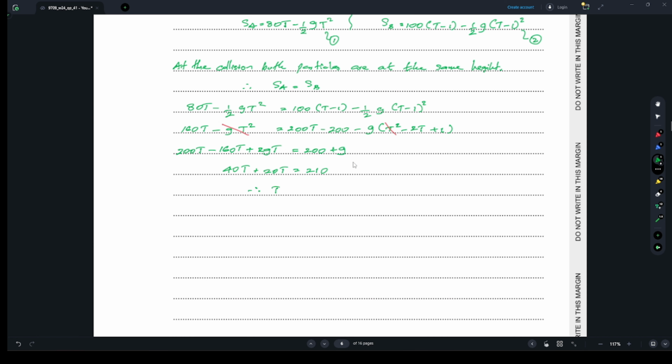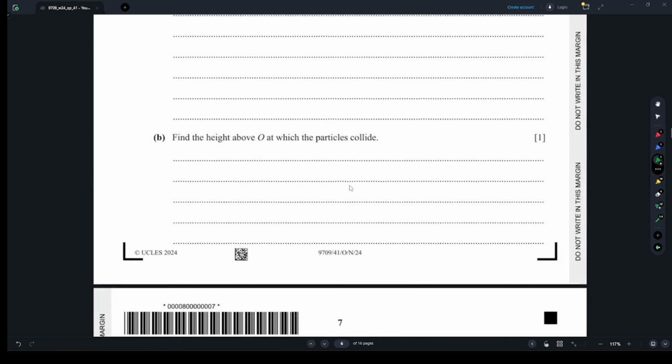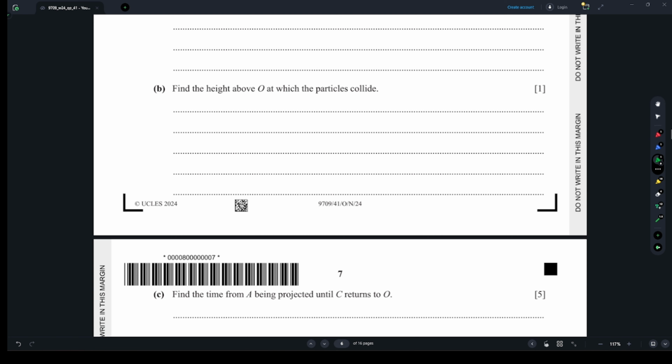So then t equals 210 divided by 60, which is 7 over 2, or 3.5 seconds. Done. So we showed that t is this one. Then what they're asking is to find the height above A at which the particles collide. Now you know the time, so you can use either equation, substitute the time value, and find the answer. So from, let's say, equation 1 here,